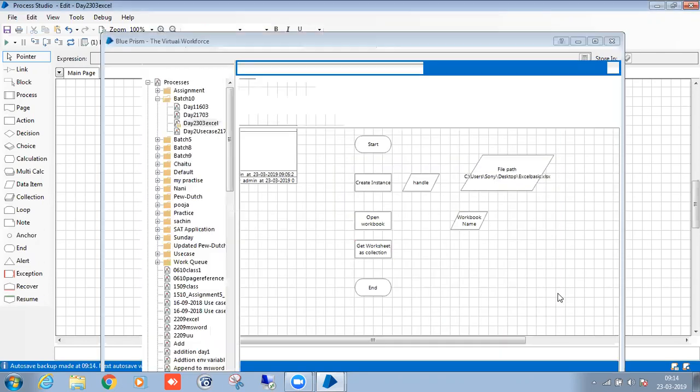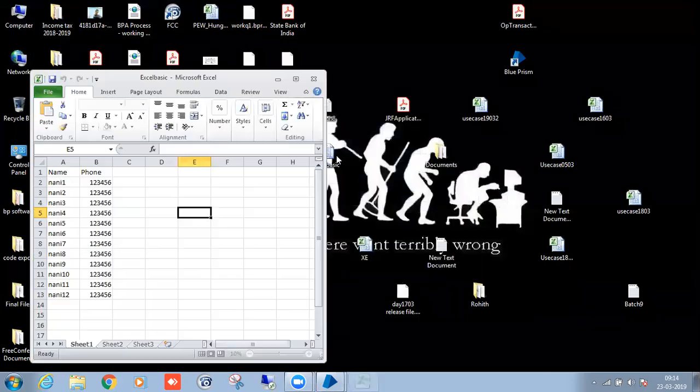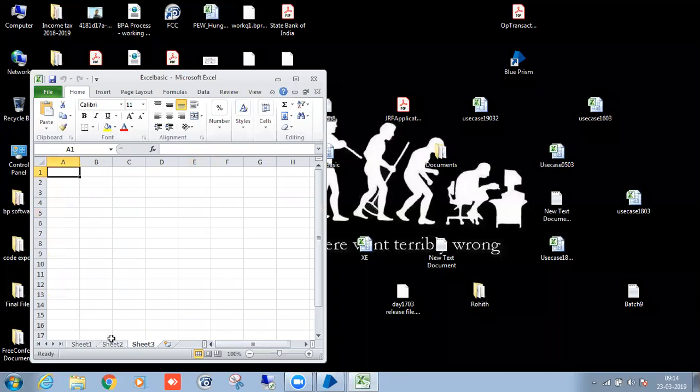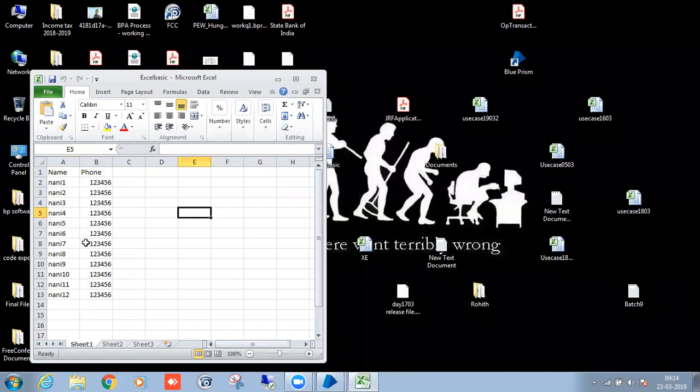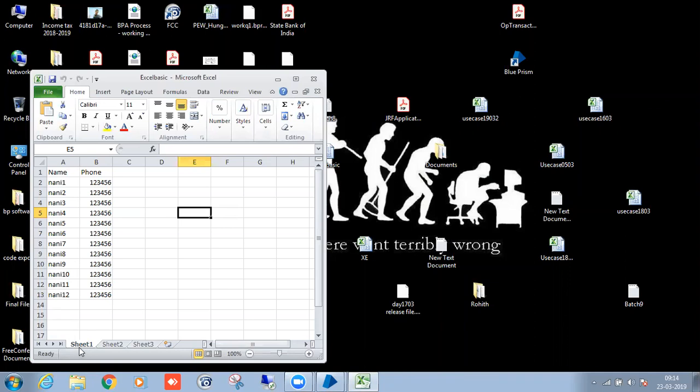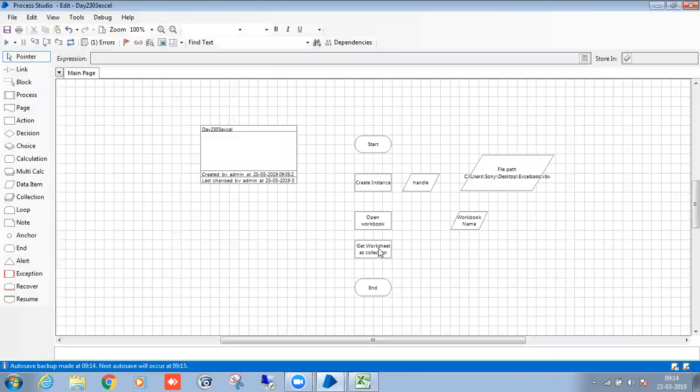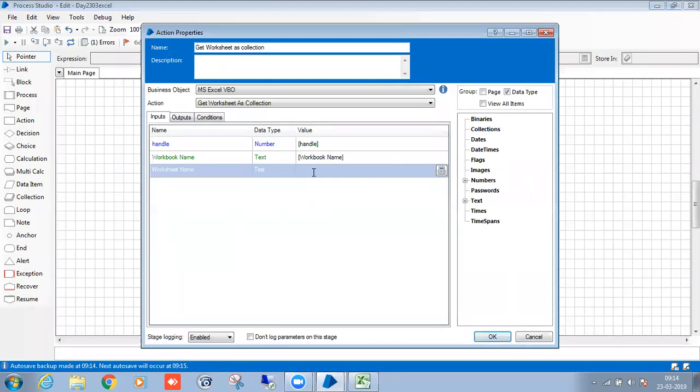Worksheet name is nothing but the sheet in the open Excel file. These are the sheets, right? In which sheet do you want the data? I want the data from Sheet1, with capital S and the remaining letters small. The same thing I need to give.